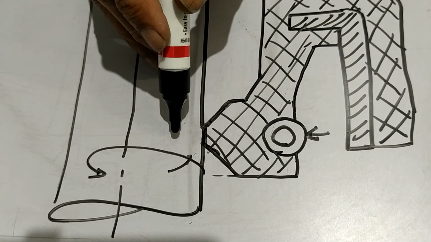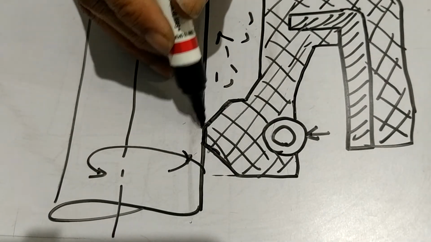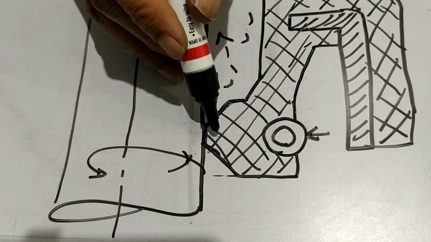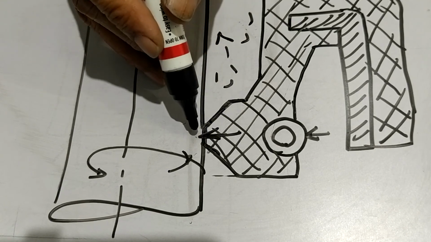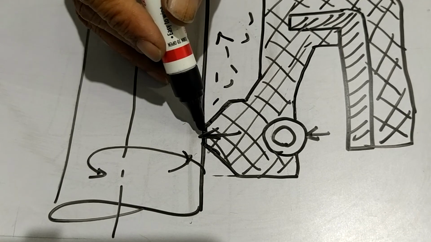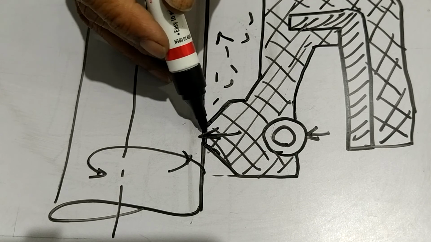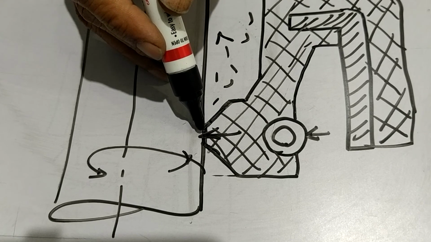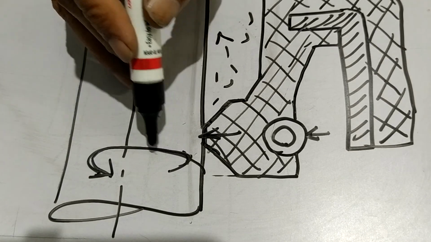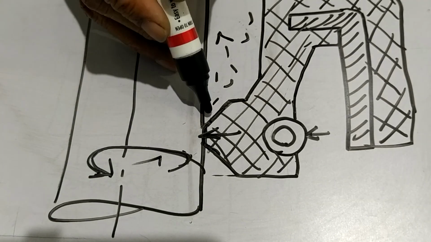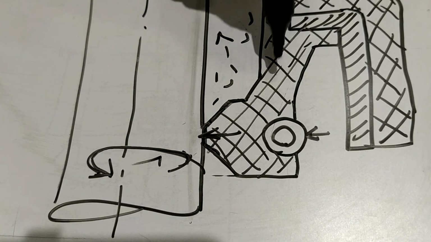Now when this happens, suppose there is oil on this side, this oil cannot move in this direction because the rubber seal is firmly pressing on the surface of the shaft. So oil cannot leak from here. At the same time, it is a rubber, it is not a metal. So because of rubber, it is not going to cause a lot of friction, and the shaft can still rotate. So the rotation of the shaft also takes place, and the leakage is also prevented because of this kind of oil seal. So how does this oil seal work?